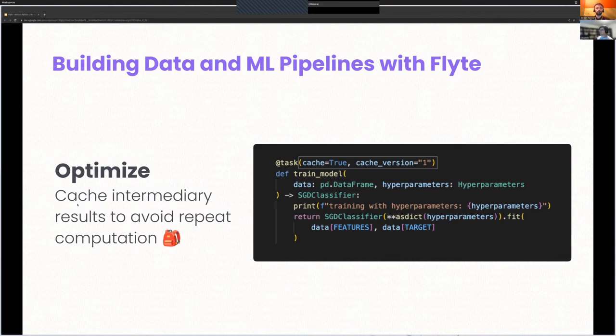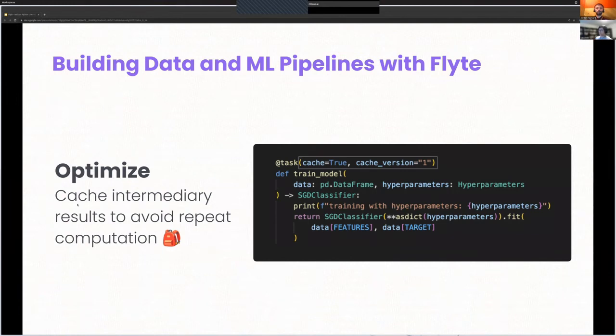So here we're just instructing Flyte that the function, the task train model now is cached and has a specific version. This is important because you can refer to specific versions of executions of tasks across multiple workflows. So think of the case where you have different data scientists working on using the same data set. They want to share the model across the experiments they're running. You'll be able to do